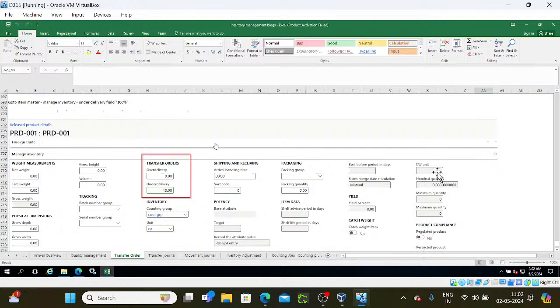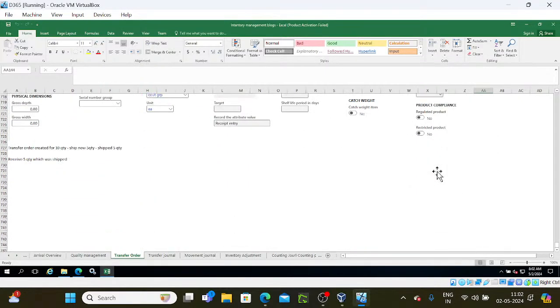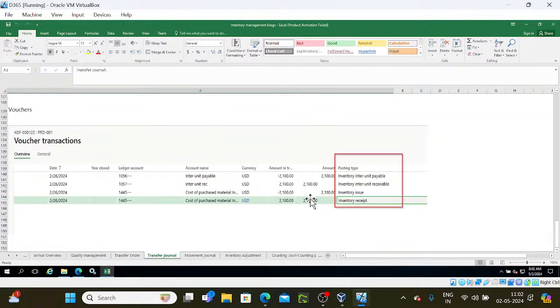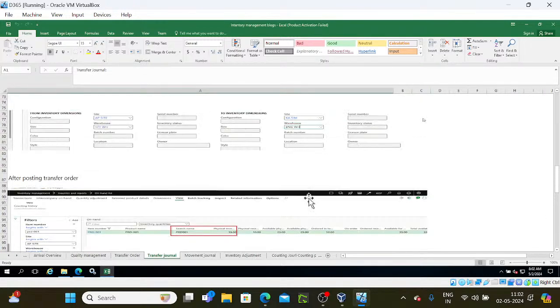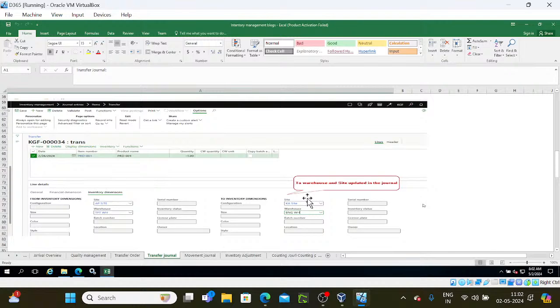And the under delivery, over delivery concept is also there. So these are the things we discussed in the previous session, and transfer journal also we discussed in the last